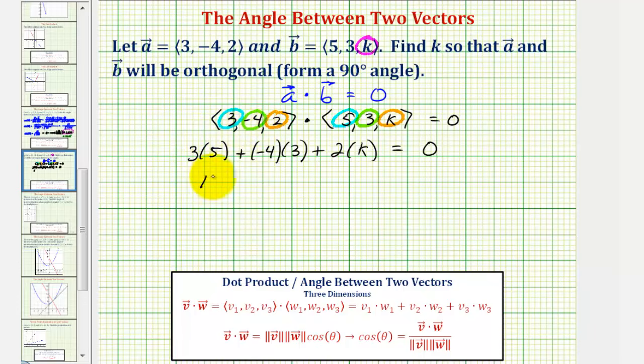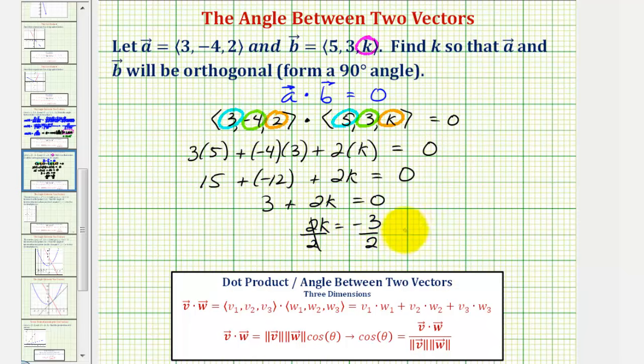So simplifying, we have 15 plus negative 12 plus 2k equals 0. This would be positive 3 plus 2k equals 0. Now subtracting 3 on both sides, we would have 2k equals negative 3. Dividing both sides by 2 gives us k equals negative 3 halves. So if k equals negative 3 halves, the dot product is equal to 0, and therefore vector A and B